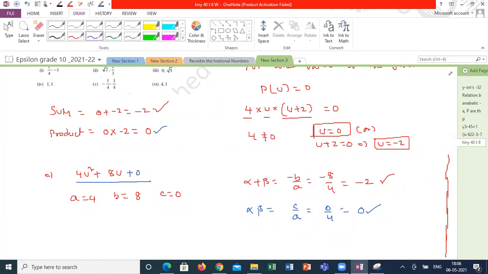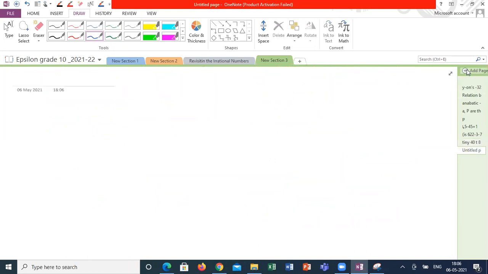See, here they are asking in two methods and they are asking us to verify. First calculate alpha and beta separately, add them separately, take the product separately, and compare with our concept. Our concept is what? Without calculating the alpha beta values, we are giving a relation: alpha plus beta is equal to minus b by a, alpha into beta is equal to c by a, where a, b, c are the coefficients of the polynomial. Clear? Yes, sir.